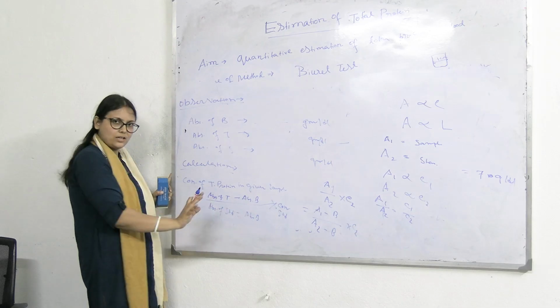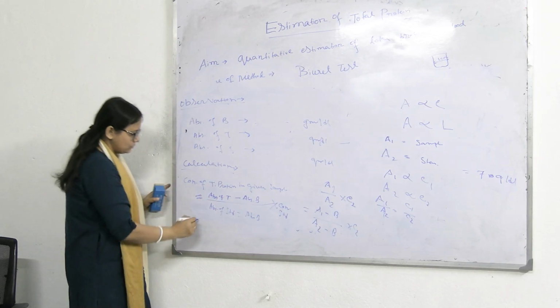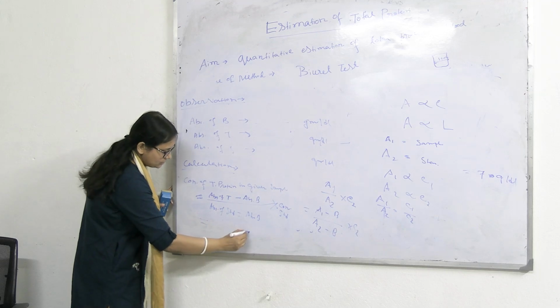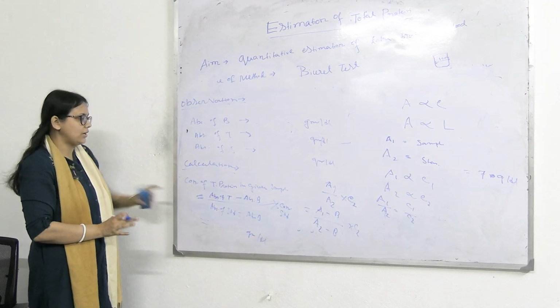Usually blank এ 0 আসে, ঠিক আছে, তাও লিখতে হবে যদি কোনো ভ্যালু এসে থাকে। সো রেজাল্ট যেটা পাবি সেটা লিখবি এত গ্রাম পার ডিএল। সো দিস ইজ ইয়োর ক্যালকুলেশন।